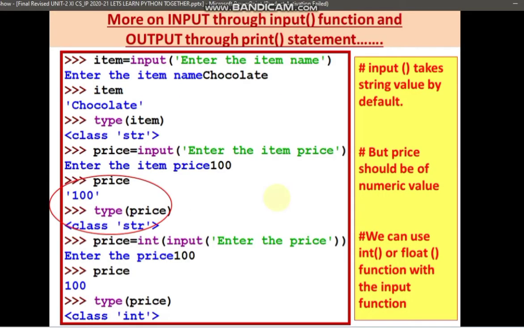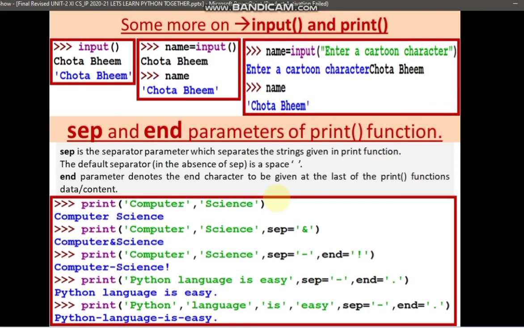Now let's see some more input function. Input, I've written Chota Bheem. Name is equal to input when I'm writing Chota Bheem. So name, you are getting a variable also whom you are assigning the value which you are taking as input. Only input will also fetch some value, and which will give you the output there and then only. But since you are not storing it to any variable, it will be a problem for you to use this particular value later on. Now since we have taken a variable name, so the variable will hold the value Chota Bheem which you have entered as the input value.